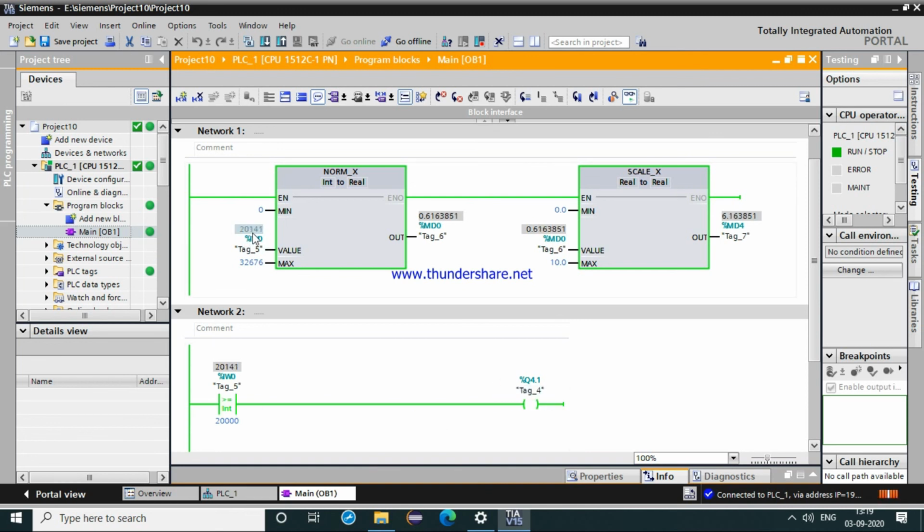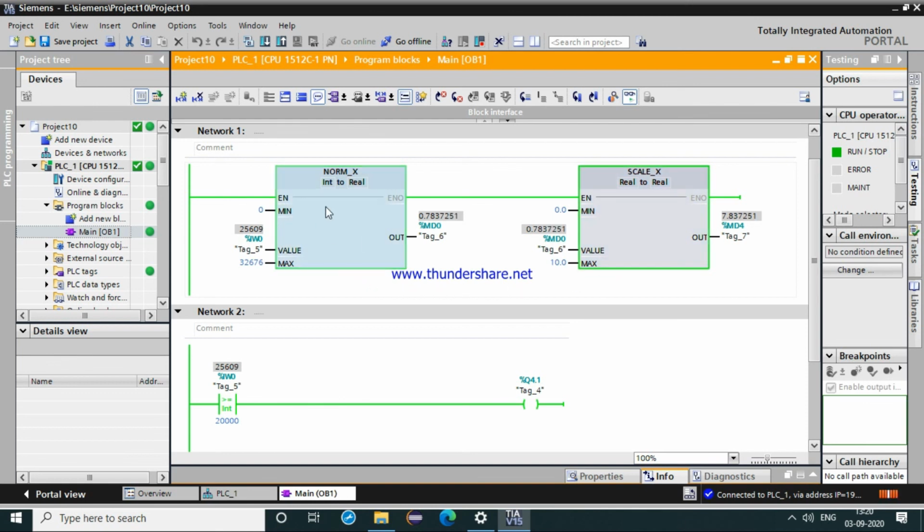As we increase it, our value increases, and this gets converted to a real value according to our scale. So this is our 0.78, it will become 7.8 according to the minimum and maximum range.